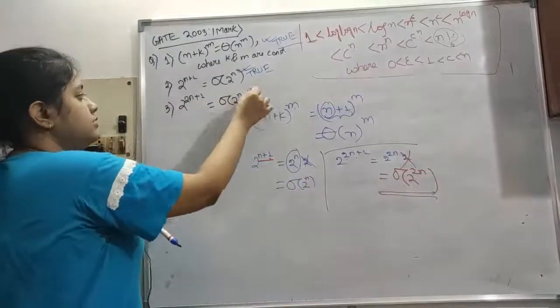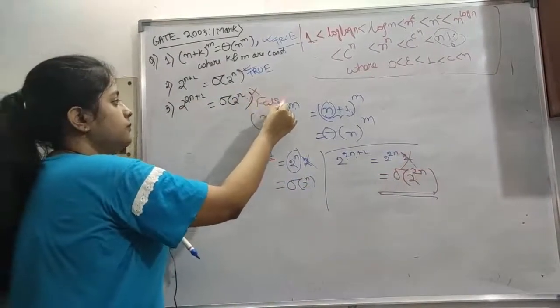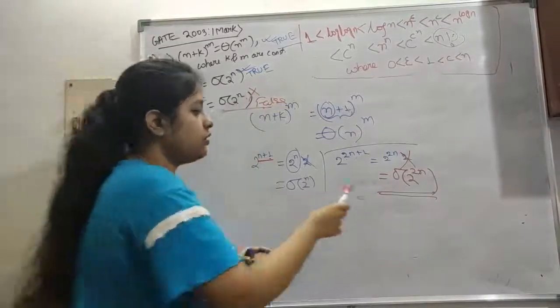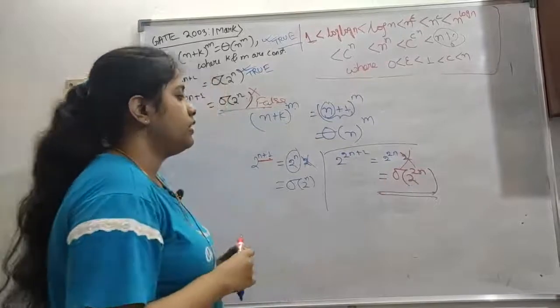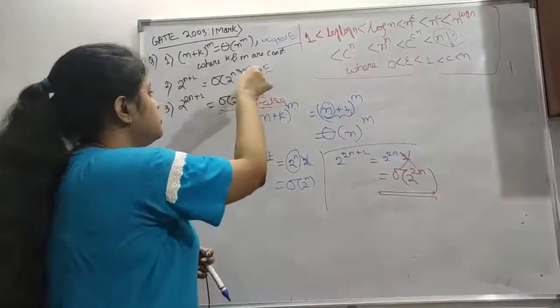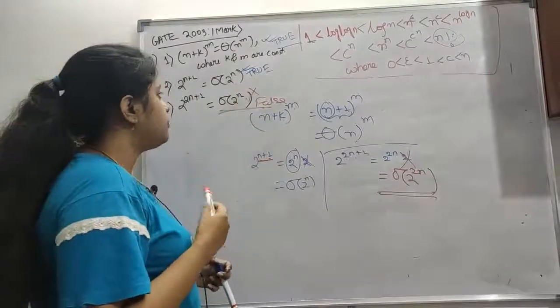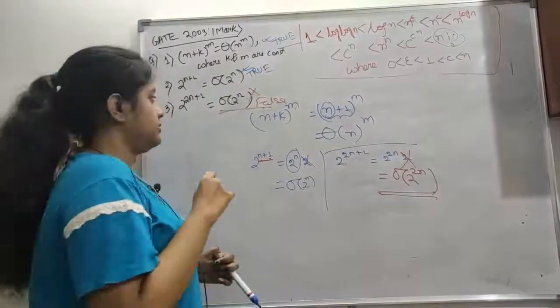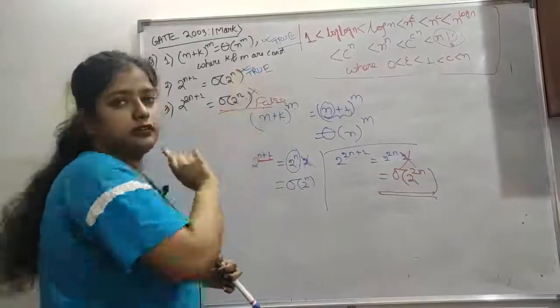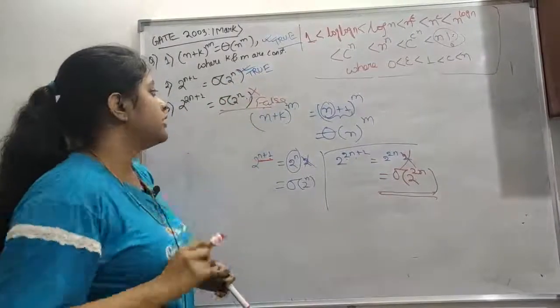So no, this is false, because we have 2 to the power n only, but it is order of 2 to the power n. I have just taken this question because it is easy, but it may look similar to these two, and you may choose the wrong answer here. These are basically looking the same, but they are not. So just see carefully.